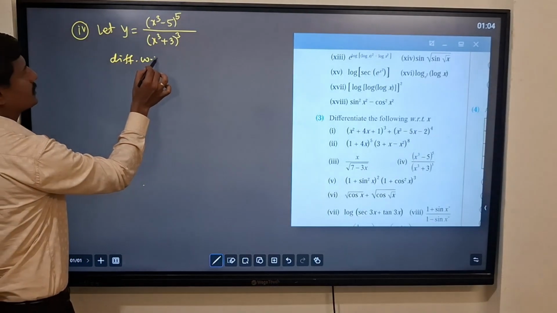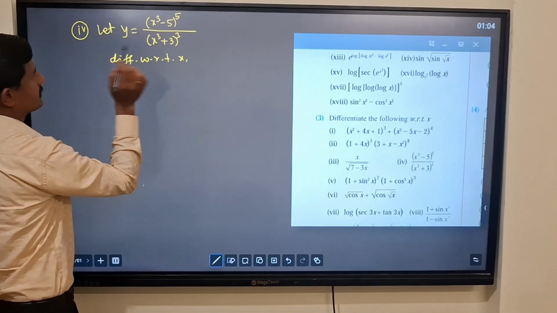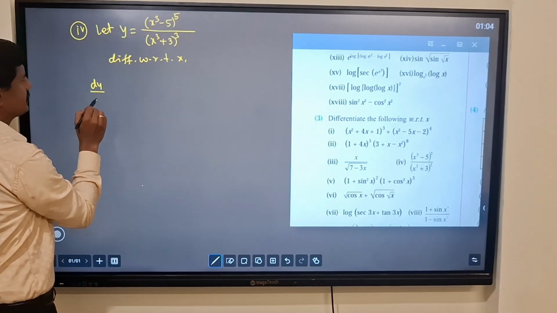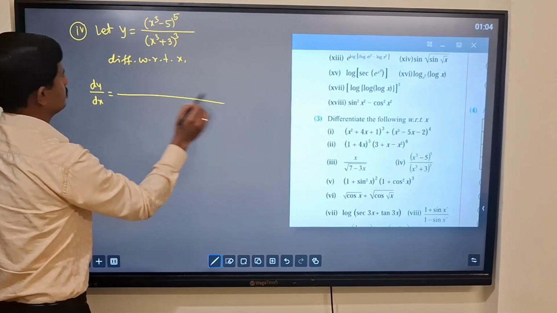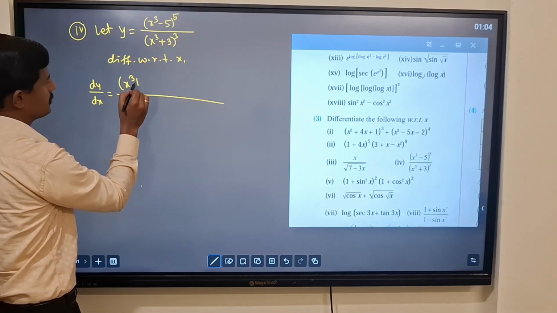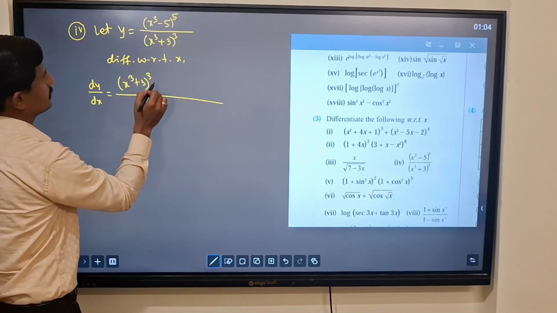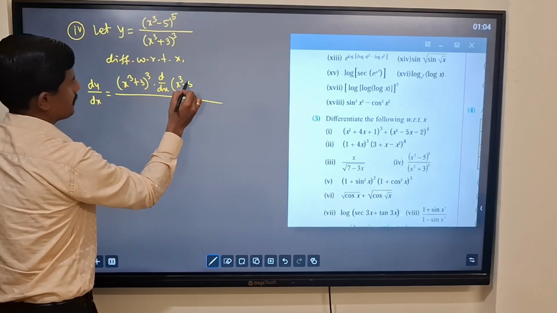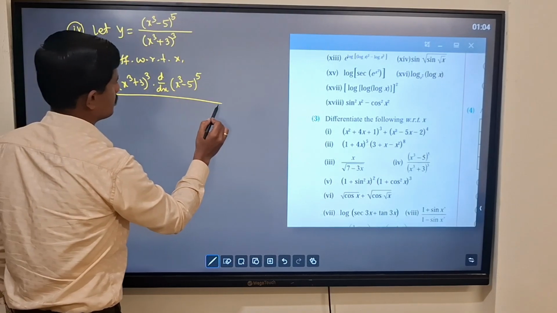Differentiate with respect to x. Again we will use the u upon v rule. Therefore dy by dx is equal to x cube plus 3 raised to 3 d dx of x cube minus 5 raised to 5,